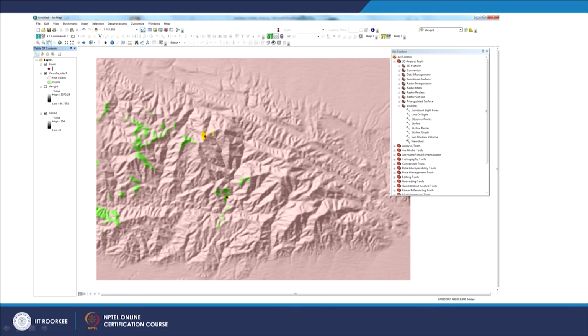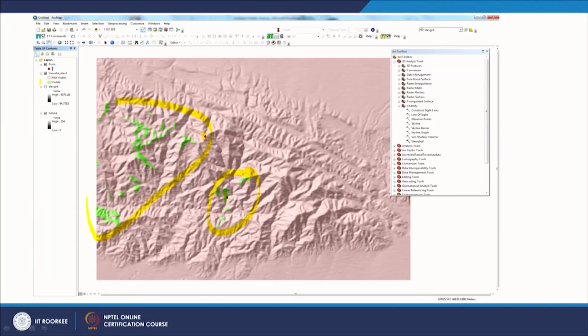For this area the analysis has been done, and for this area the analysis has been done. It is not necessary that the entire circular area should be covered; we can restrict it to a particular angle or arc I want to analyze. So, all green areas are visible and all other areas are not visible.